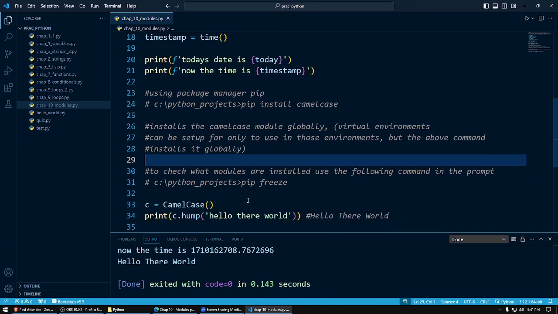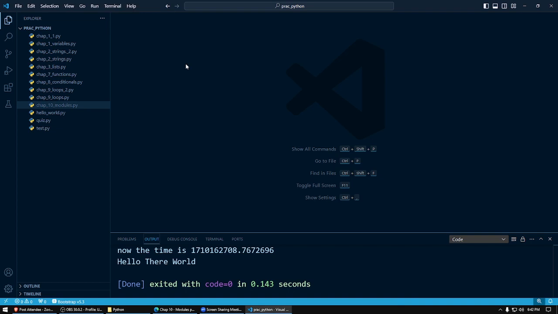Next part we're going to do is another small thing related to modules, but this time I'm going to create my own module, and I'm going to import it into one of my programs. Let me help you do that very quickly. To do that, I'm going to close this program. This topic is going to be using a custom module. I'm going to create a program called